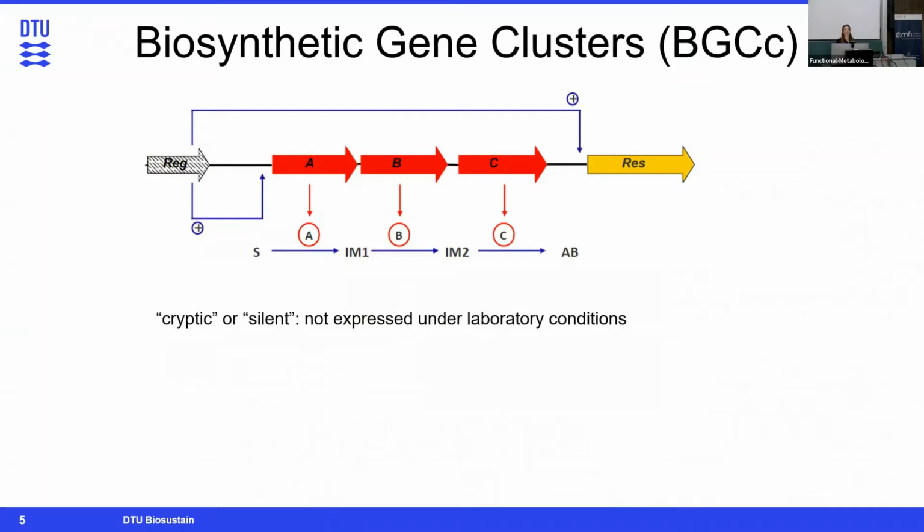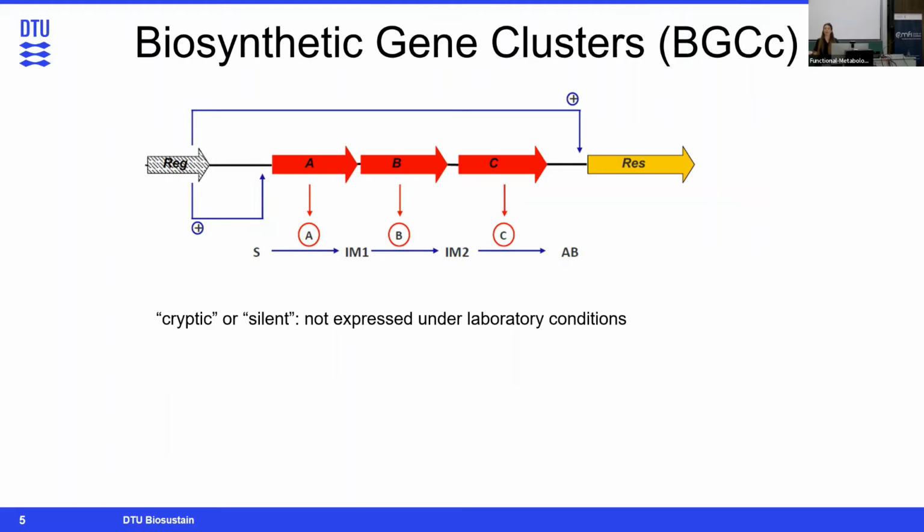Luckily for us, they produce those compounds from biosynthetic gene clusters, that are genes that are clustered in their genome. So nature does this really helpful thing for us to look at. There are groups of genes that are responsible for the production of a family of compounds. Some of them are unfortunately cryptic or silent under laboratory conditions. Sometimes microbes become domesticated and they just don't want to produce all those things because they don't have to in the lab. So that means that there's a lot of potential and a lot more to be discovered, and that's what we're trying to do.